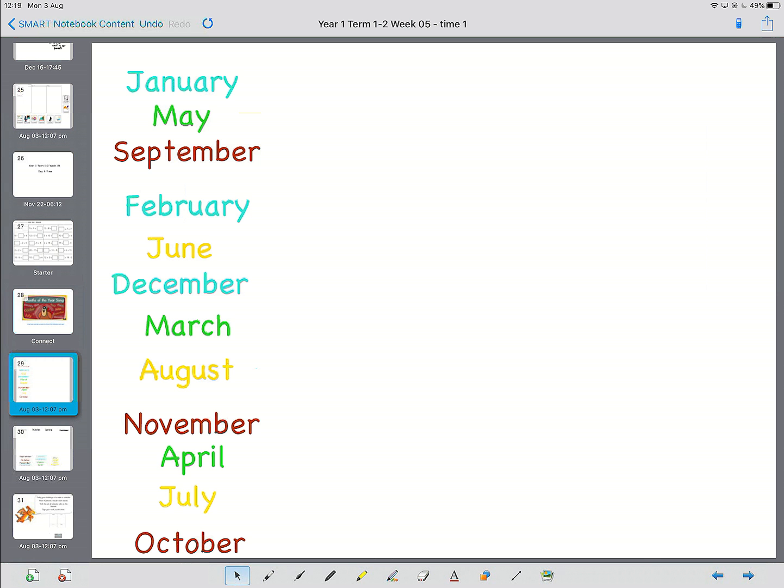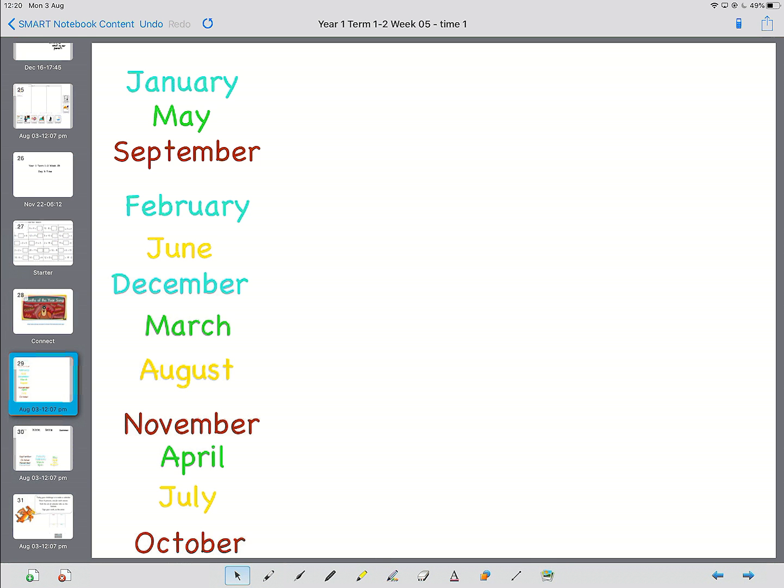So your challenge is now to put these months in order, starting from the first month of the year, which is brilliant, January. So when you're ready, start the video again, and I want you to have written out the months in the right order. Your grown-up can do the writing if you want. And now we're going to go through it. So when you're ready,